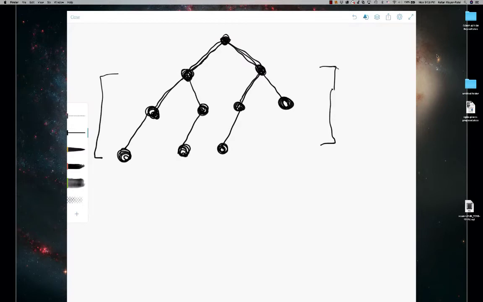And then after that, we'll end up adding something over here. No, not quite. After that, we'll end up adding something over here, and then here,